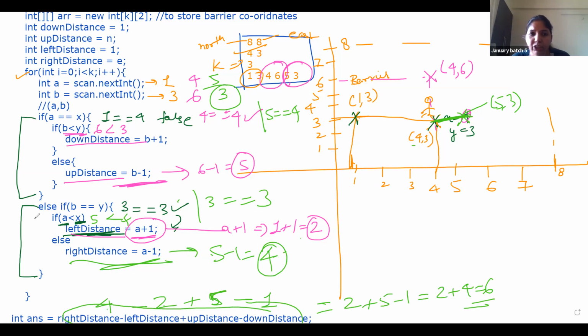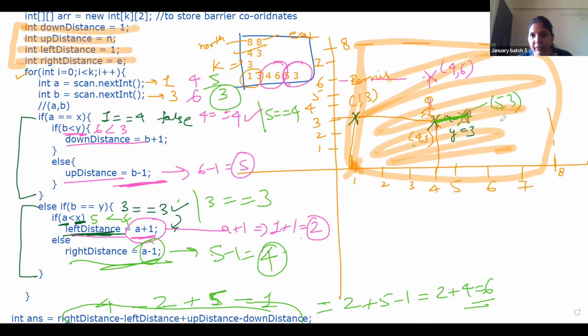What is the notation of a - 1? बेटा जब हमने यहाँ पे, अच्छा श्रीजुल, very good question। See बच्चे, here what we have written, the initial value, see, down distance की max 1 value है, up distance 1 value है, left distance 1 value है, right distance e value है, maximum। Because क्या कर रहे हैं हम लोग, यहाँ से coordinates point कर रहे हैं, ये पूरा एरिया में check कर रहे हैं, इसीलिए ये चाहते हैं। तो इसीलिए हमने जब भी minus करेंगे distance, तो इसलिए plus या -1 करेंगे।